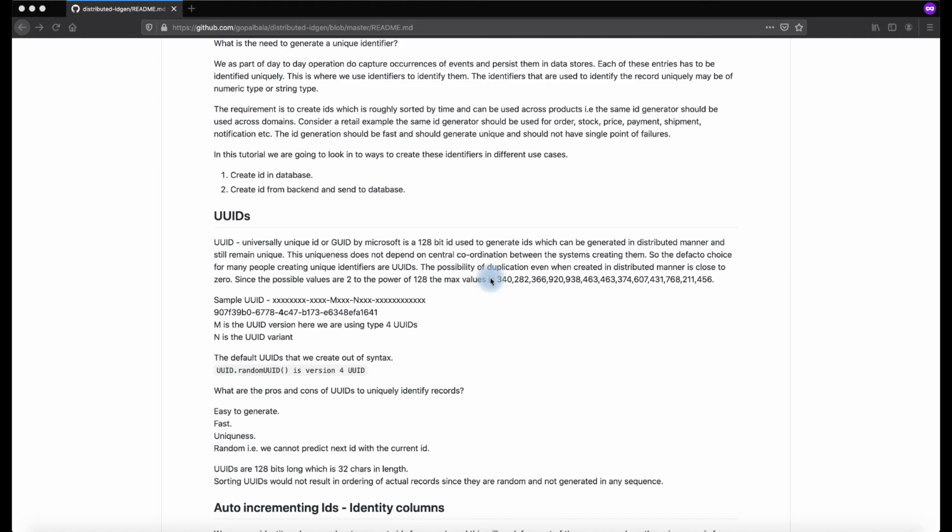For example, when we are creating a Facebook post, or tweeting, the tweets are not persisted and we are getting 200 back. An ID is generated, and the backend system will take it from that point and persist it at a later point of time. We get a unique identifier, and that unique identifier is used to identify a particular tweet or a Facebook post or an order in online retail systems.